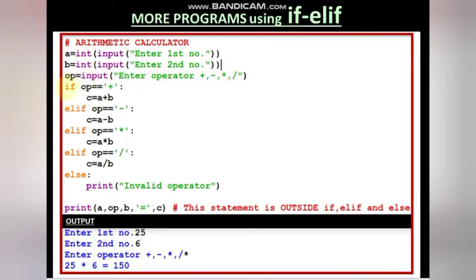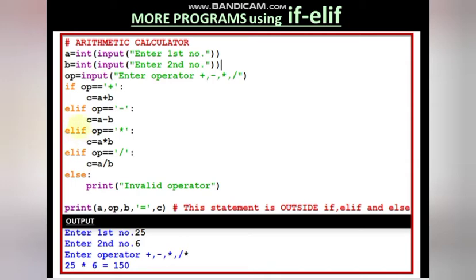Then what it will do, it will come first here. The fourth statement is if op equal to plus. Now this condition becomes false since you have given into, so it will not enter the if block. Then again it will come to the else part. This is the else part of this if. Then inside else again if is there. If op equal to minus, no, this becomes false. Again it comes to the else of this if. So here is the else.